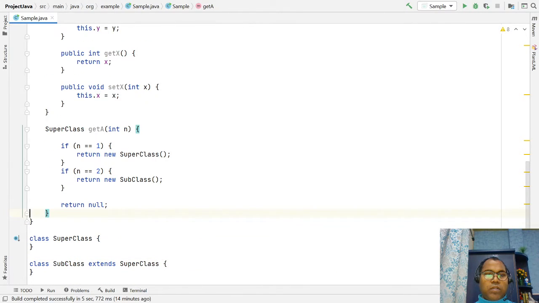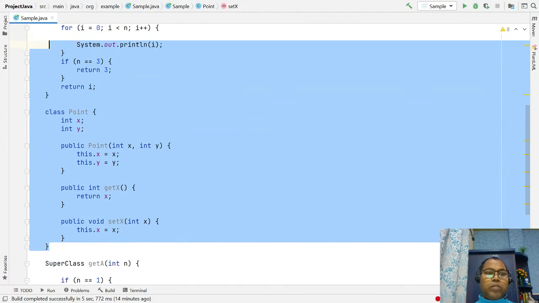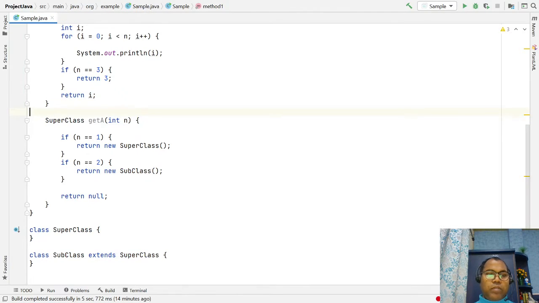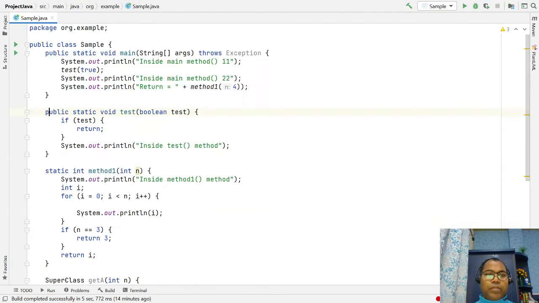This is the class. We have written it inside a method, but generally you always write your class outside of your method.